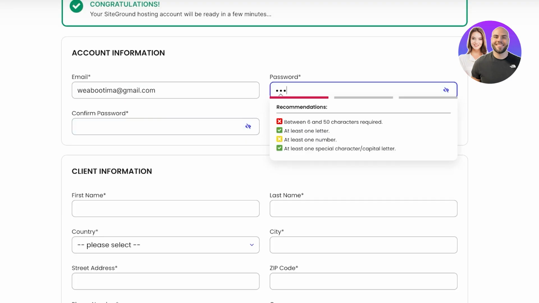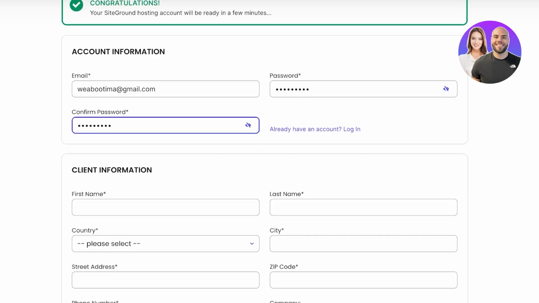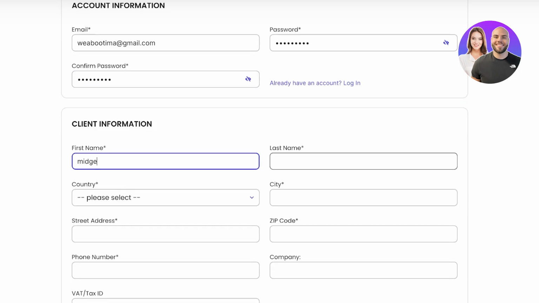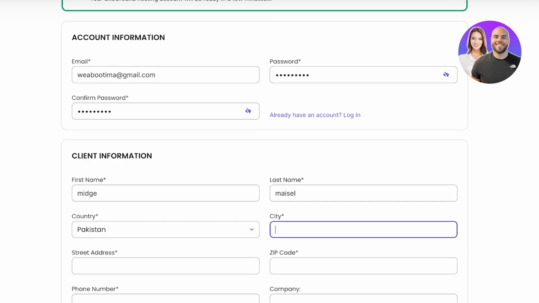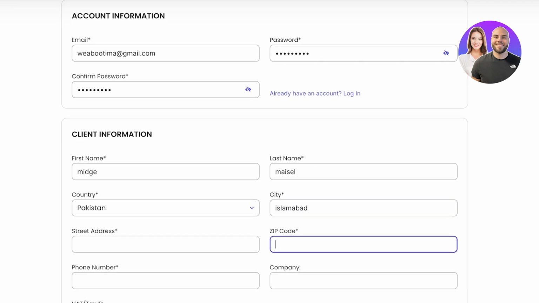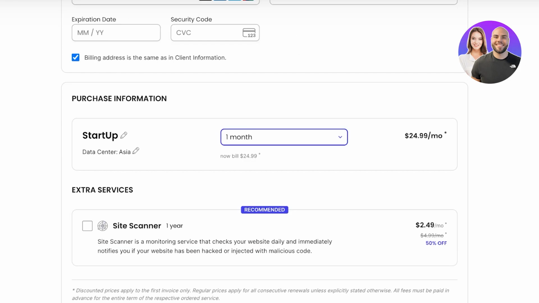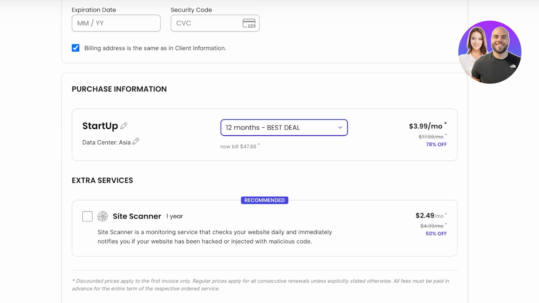We're just going to be creating a suitable password for our account. Then we're going to add our client information, city, like so. Then you're going to add your zip code and the rest of the information. Now, once you do that, you guys will see you have a few different options when it comes to your